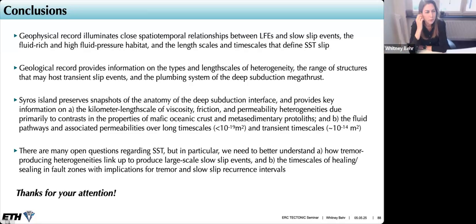Well, these results would argue that it becomes an LFE because the size of the original thing that can break brittlely is too small, right? So you try to propagate outside of these heterogeneities, these clasts or these big kilometer scale rigid blocks, and you can't. And if you could, you would become a regular earthquake. So you're nucleating, and the reason you're an LFE is because you're limited by the size of your little asperity. And so